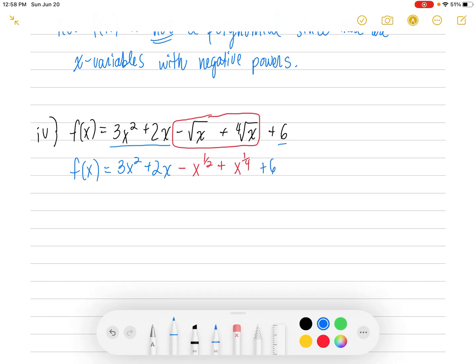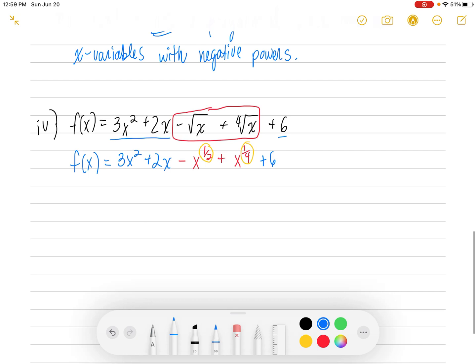So the blue part is all polynomial-like, but then we got these fractional exponents, the ones here in yellow I'm circling. So those are not whole numbers. So to have a polynomial, all your powers of x have to be whole numbers. So this is not going to be a polynomial once again. No. F of x is not a polynomial,